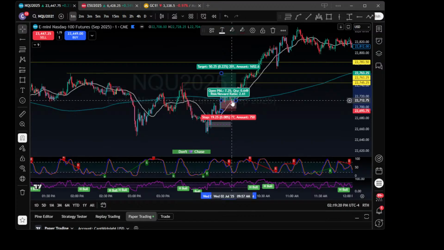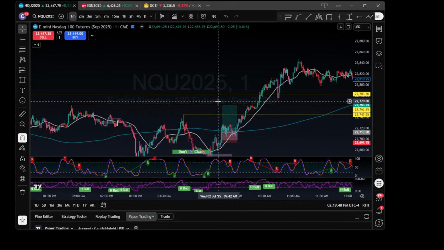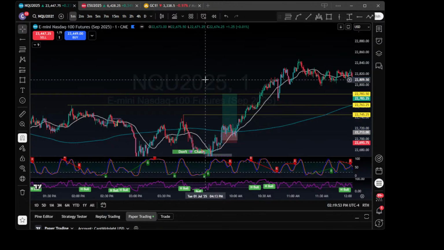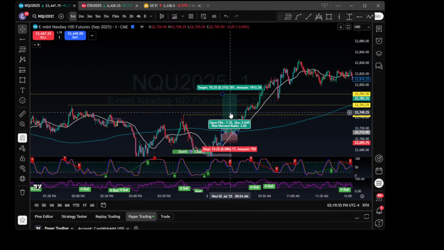It's a little tricky one. Let's chalk that up to a yes. Yes, it did. The more I look at it, the better it looks. 77 stop loss. 201. 201. Max is like forever. It just kept on going. I wouldn't even say that would be my terminus right there. And that's 281.